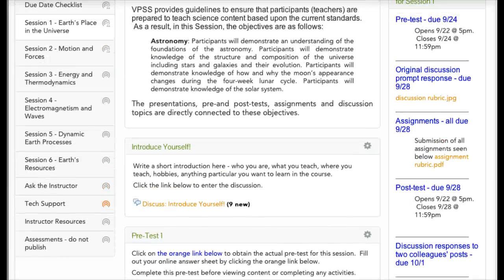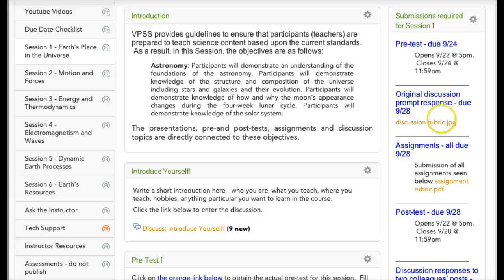As you're over here, you'll find 2 rubrics. Here's the original discussion rubric, what you want to make sure that you include in your discussions and consider in your original discussion post, and an assignment rubric. And you'll find within this rubric will be stated things like college level work, things that you would normally expect from students, complete sentences, clarity. We're not here to ask you to write essays. We are here to ask you to write clearly and directly to the questions and the prompts at a